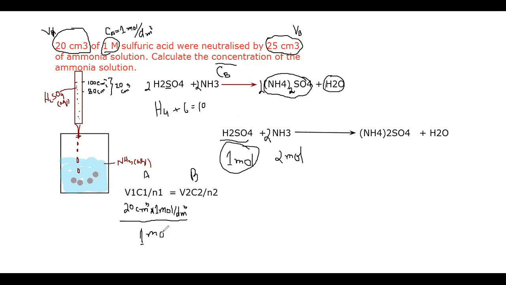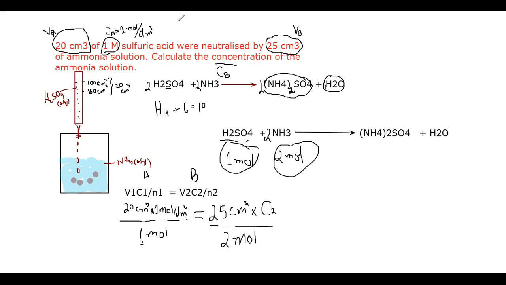बेटा अब आप मुझे बताएंगे कि इसकी कंसंट्रेशन कितनी आएगी. नेक्स्ट आपके ऊपर है. देखिए V2, what's the volume of the base side? That is 25 cubic centimeter. If I'm doing anything wrong, just tell me. What is the concentration of the ammonia solution? We do not know. I'm just writing the C2 here. And what is the mole value of the ammonia in the chemical equation? That is 2. That is here.